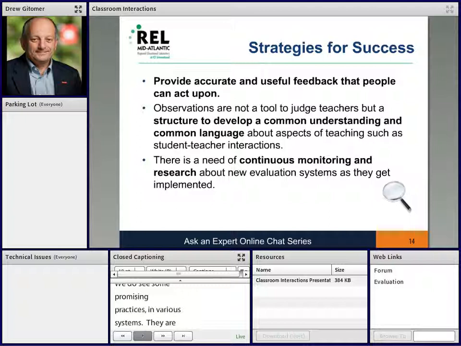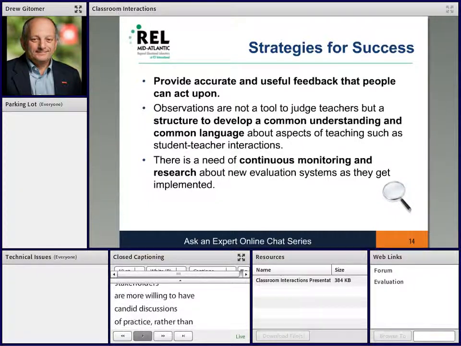That system could be a school, it could be a district, to ensure that people are developing a common understanding of what good teaching is, what it looks like in practice, and rich feedback. But not surprisingly, this means having multiple people looking at the same teaching and discussing it. It means separating the evaluative function from the feedback function so that stakeholders are more willing to have candid discussions of practice rather than providing rationale for